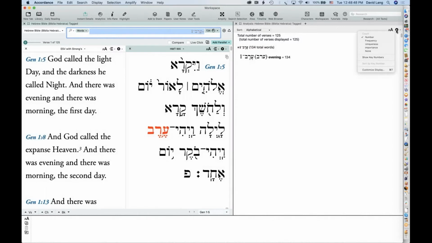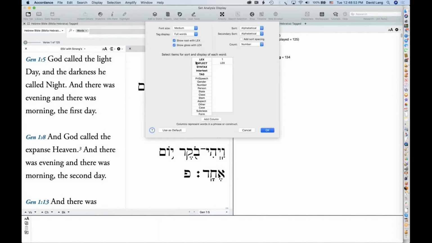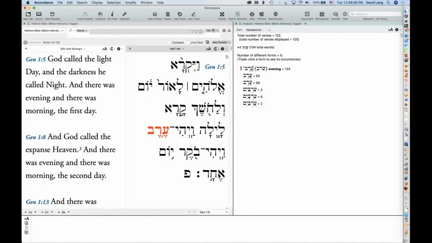I can actually go into the gear menu here and choose Customize Display, and I'll drag the inflect item underneath the lexical form to show the inflected forms that were found. So let's click OK. And here we can see that even though we did a search for the lexical form Erev with the two segols, well, that's the lexical form, but sometimes it's inflected differently. Perhaps there's a prefix that changes the vowel points and so on.